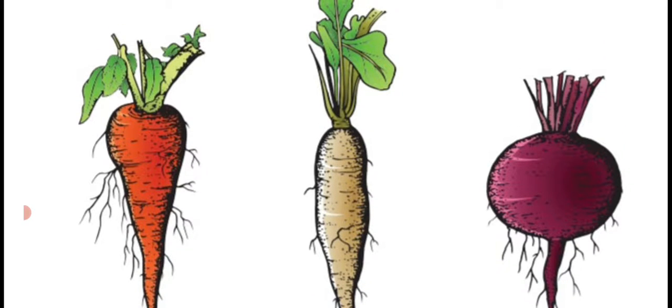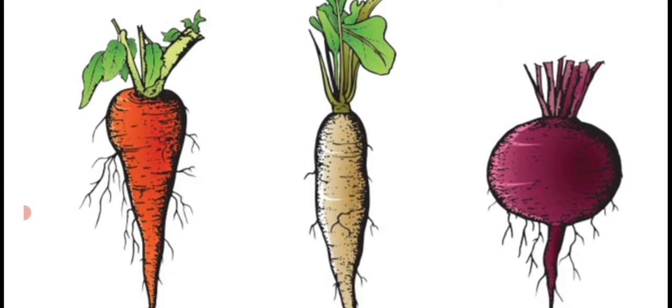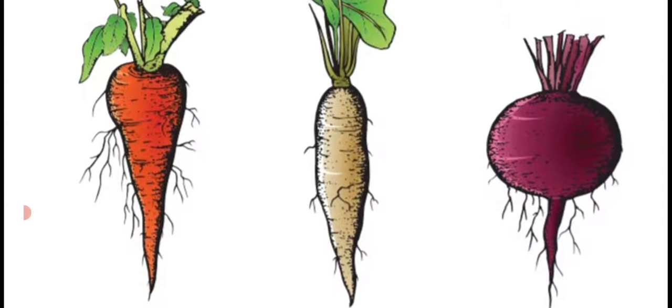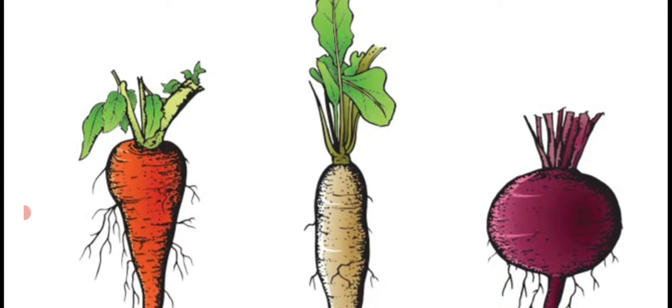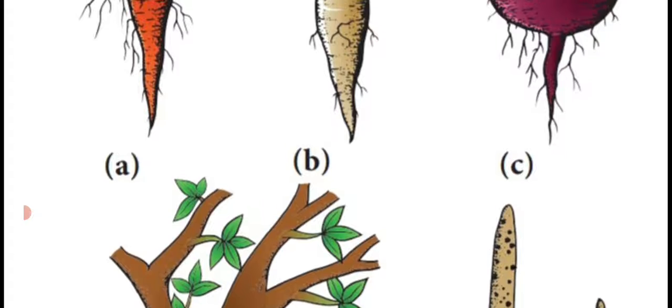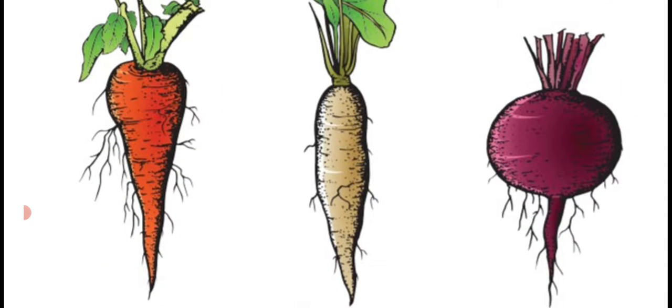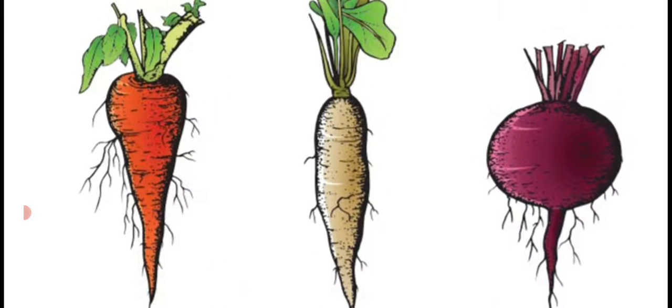Second one, the leaf portion is the base. Only the middle portion is swollen or bulged. Both the base and the apex, that means the tip, are tapering. That is said to be fusiform. Example, radish. Third one, napiform. A broad base, suddenly it forms a small tail-like appearance. See the appearance of the beetroot. It looks like a top. That is said to be the napiform root.